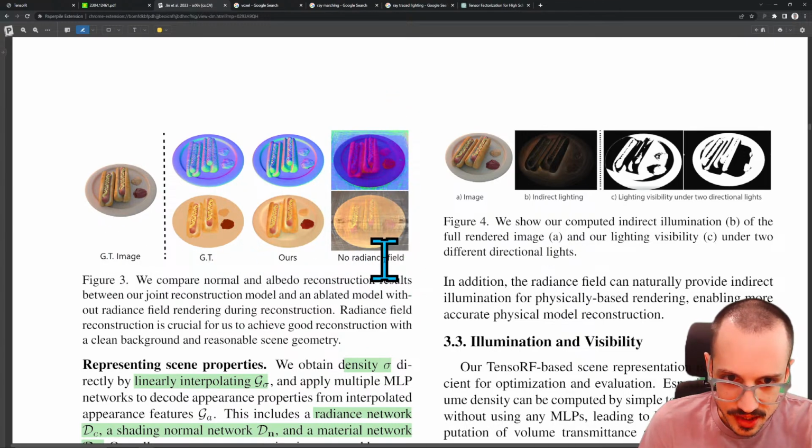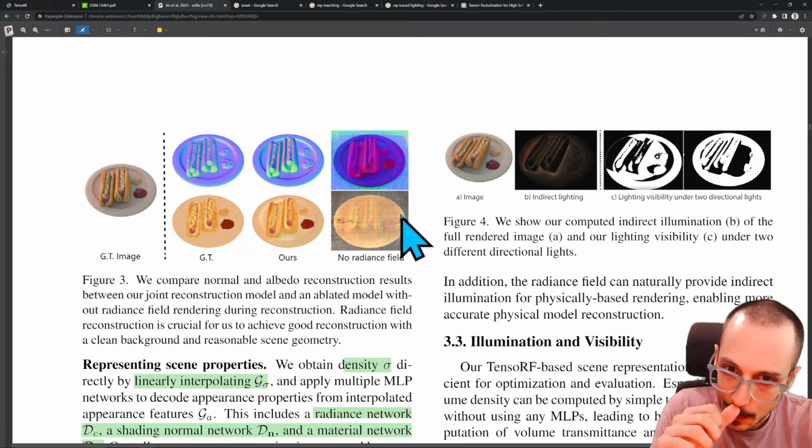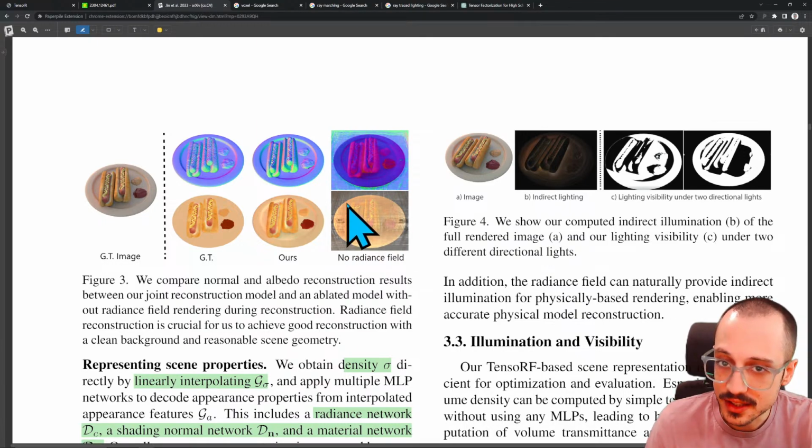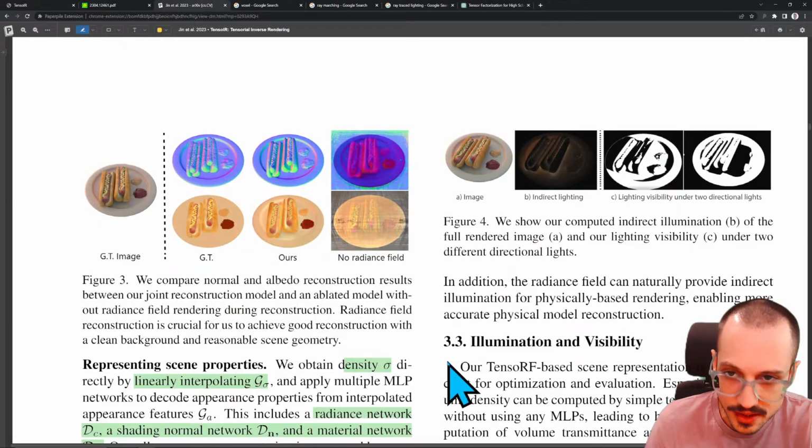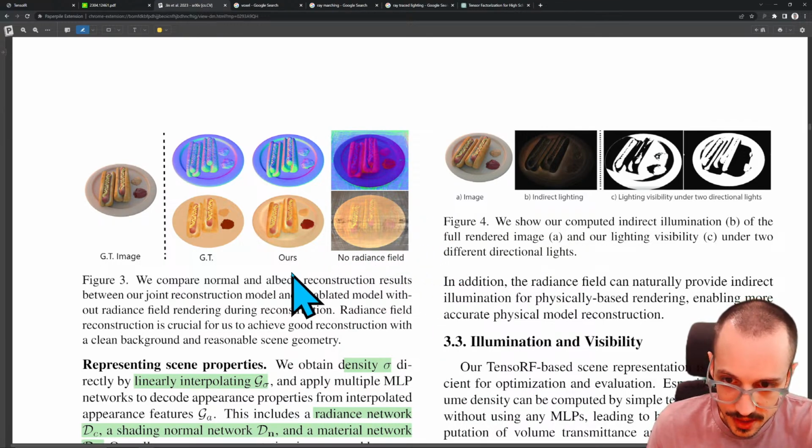Okay, so no radiance field. This is an ablation study. So what they mean is that basically they remove the radiance field. So they're just going to use only this physically based rendering part of their joint optimization process. And then they're going to see, okay, well, how is this different? If we only use the physically based rendering, how does it change the result? And you can see here,